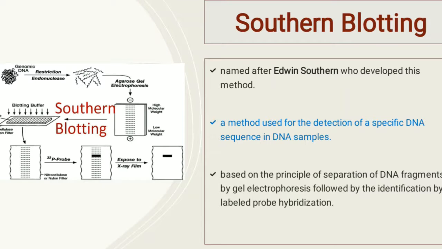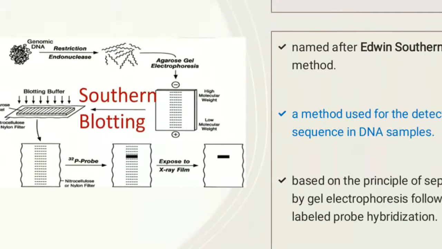You will place the gel, and on top of the gel, you will place the nitrocellulose filter paper or nitrocellulose membrane. On top of the nitrocellulose membrane, you will place paper towel, and then you will place a weight that might be a 0.5 gram weight. So this arrangement of the blotting buffer, the sponge, the gel, the nitrocellulose membrane, paper towel, and the weight